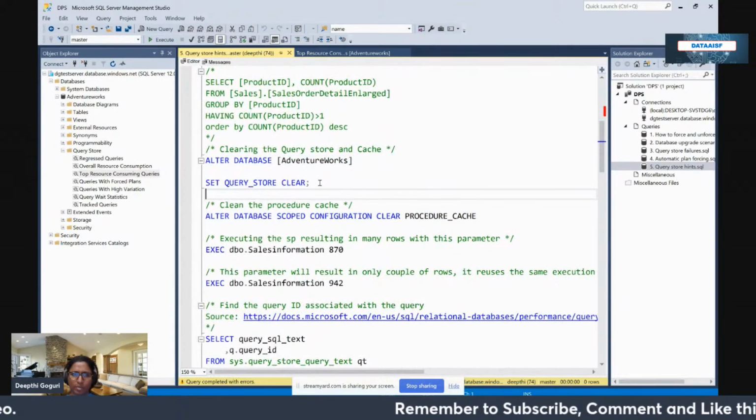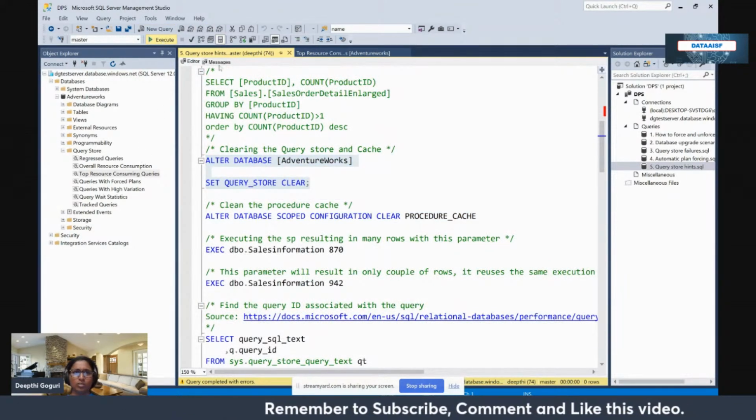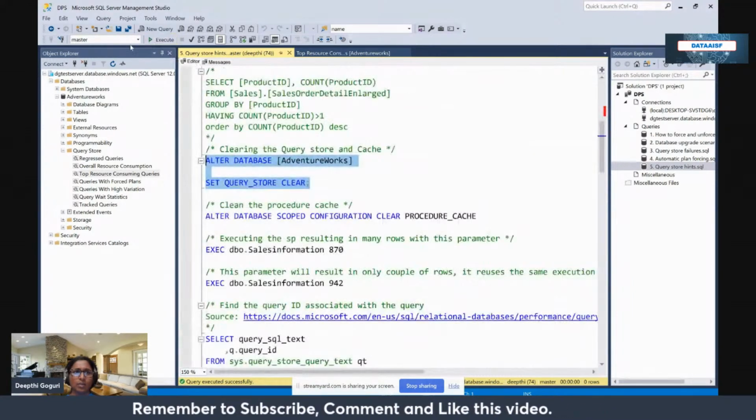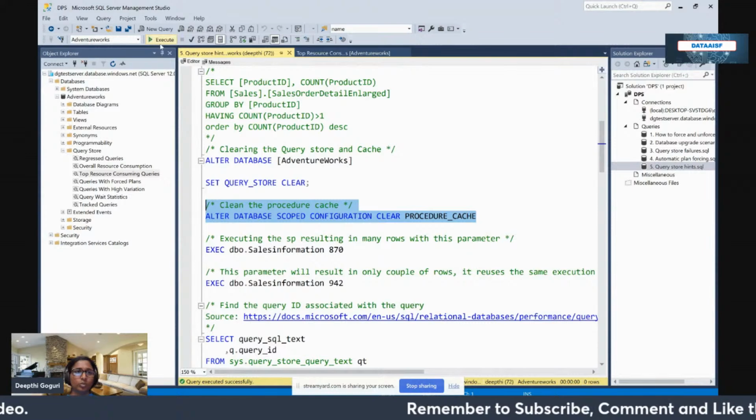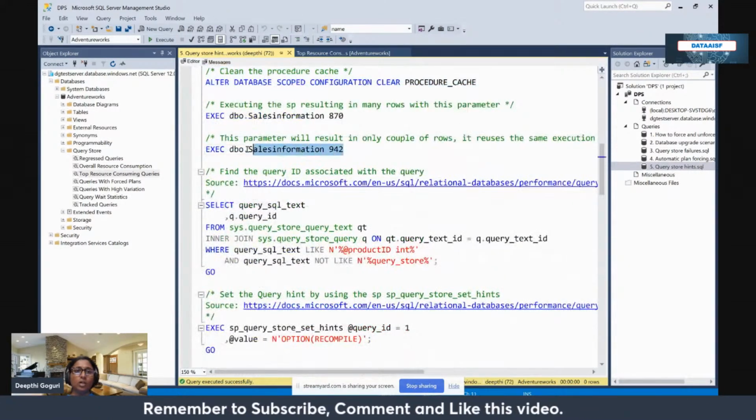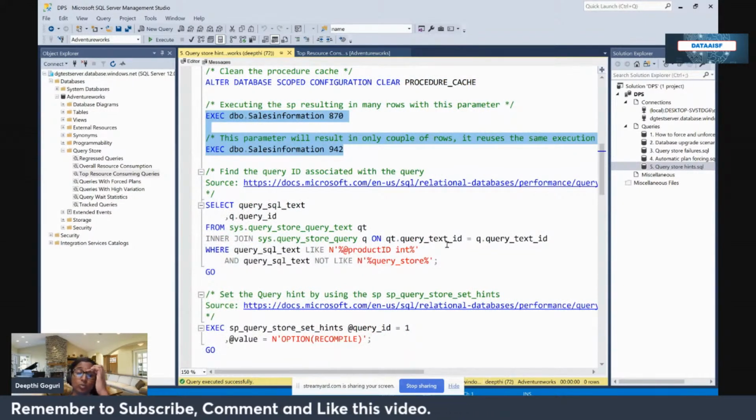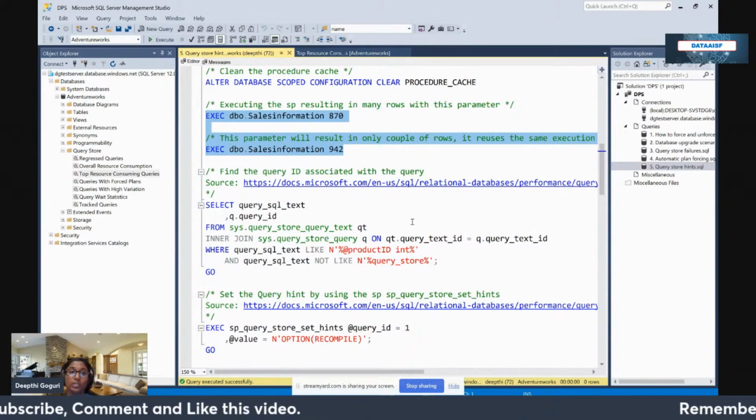User does not have permission to do this action. Why is that? Because I'm still connecting to master database. Let me go ahead and do that on the database, clear out the procedure cache. Okay, I did that. Now, let me go ahead and execute the same stored procedure with two parameter sensitive queries